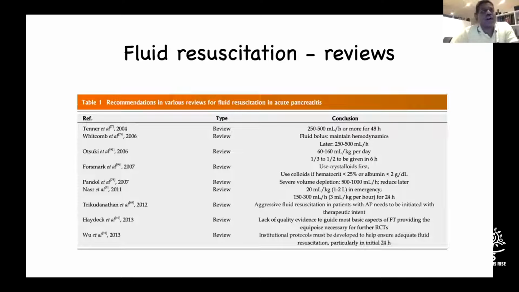Now, these are the resuscitation reviews over the last couple of decades. The first one, probably, which I was very much interested in, came from Tenner, and the group recommended 250 to 500 ml per hour of fluid for more than 48 hours. Now, Tenner was very much interested